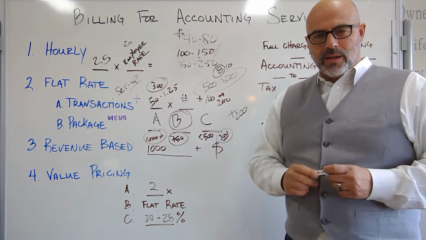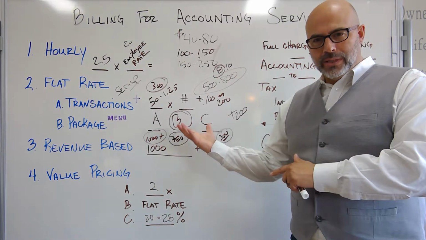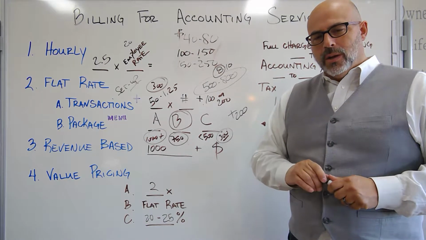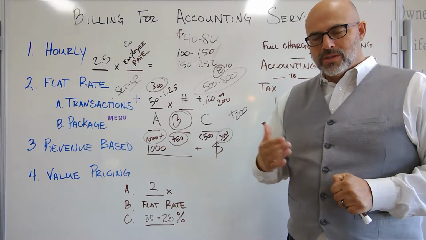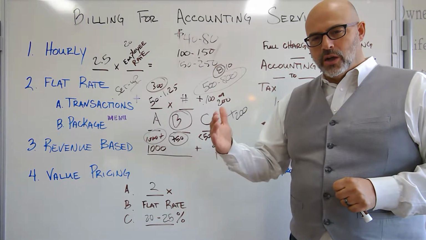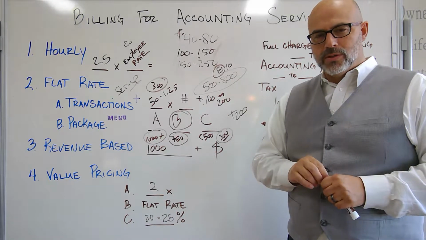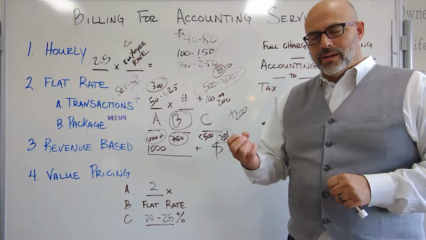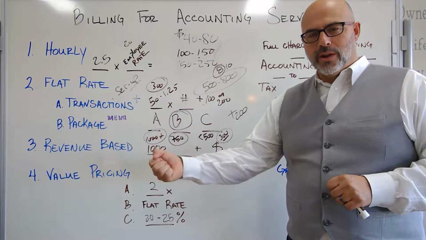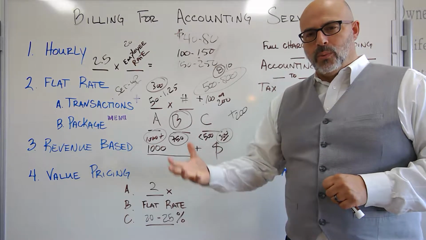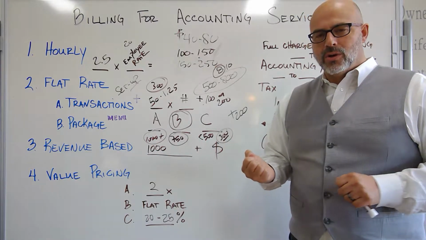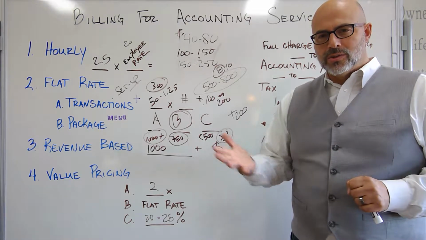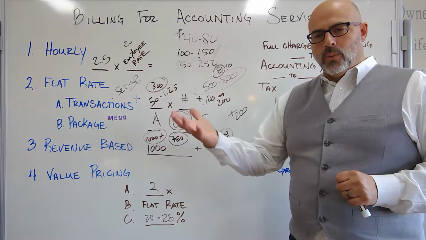Taxes is something that you can definitely bundle into this and throw into the pricing. The way it works is most tax returns for a business cost around $1,000 to $1,500, the preparation of them and so forth. So what we want to do is actually help the client not have a lump sum that's owed every tax season. And we also want to lock them in as a client so they're not every year looking for someone else to do their taxes. So what we want to do is take that fee and amortize it